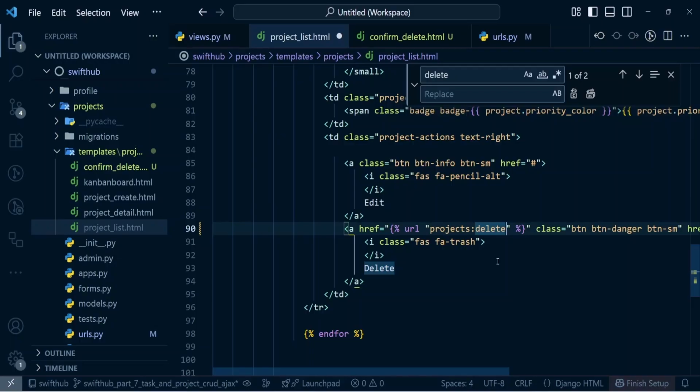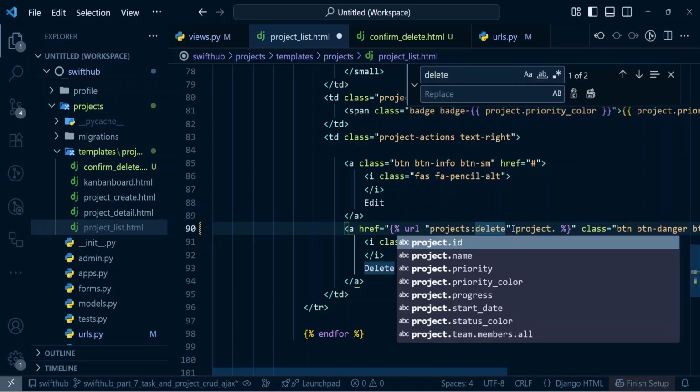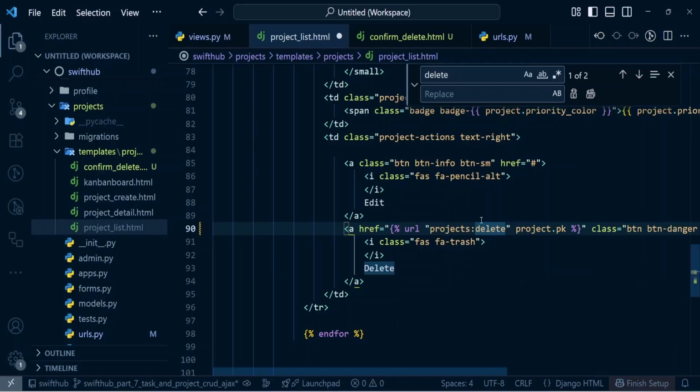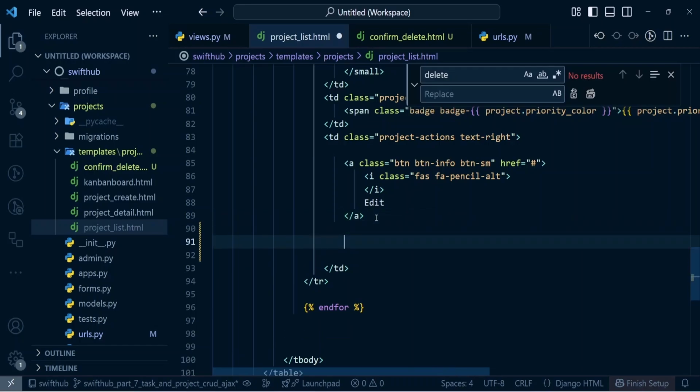Perfect. So this should actually work, but then we also need to pass the PK or the ID of the project that we want to delete. And that is just going to be project.pk like that. This is going to be the parameter that is being passed to the URL. So another thing that I want to do is to also confirm or make sure that only project owners